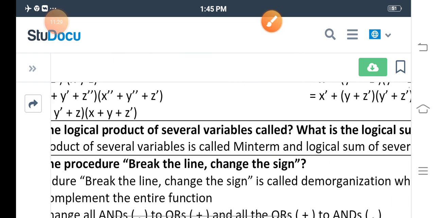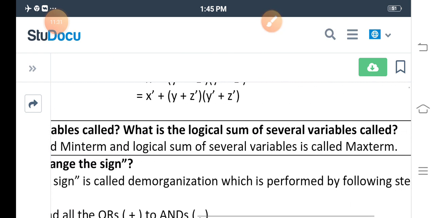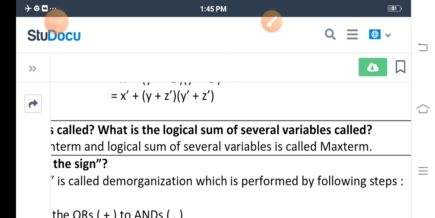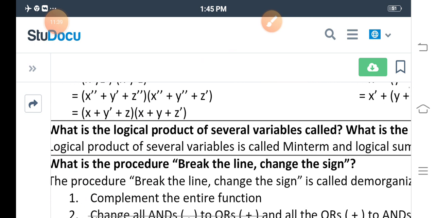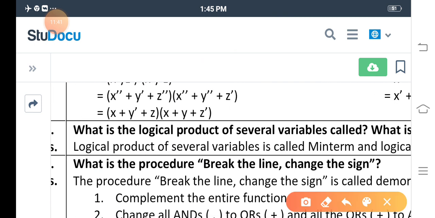So here you can look at the answer. Logical sum of several variables is called max term, but that question is actually we cannot say the correct answer as minterm and max term, because here the question is about product of several variables. So several variables, if we are using 100 variables and inside that we are doing the product of only, suppose, 98 variables. ठीक है, तो definition तो correct हो गई कि product of several variables, 98 variables का